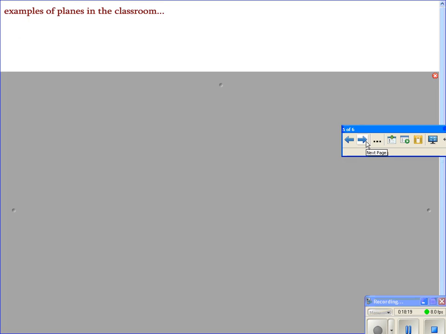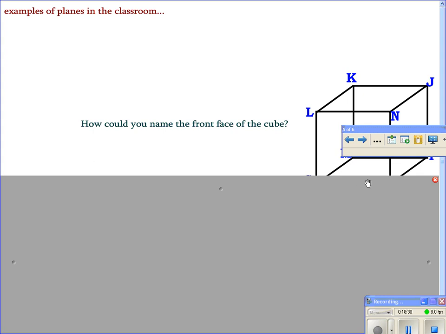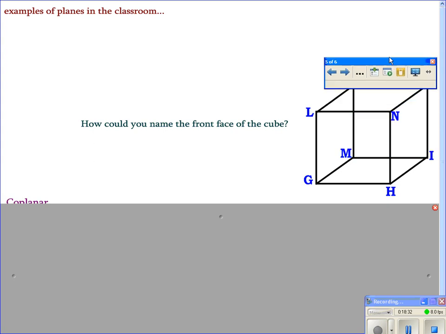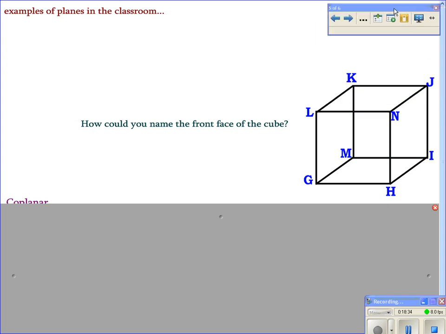All right, so we don't have to write this down either. Examples of planes in the classroom would be like the floor, the walls, the ceiling, the windows, the whiteboard. Anything that's flat would be a plane. So what I do want you to do is to draw this cube. And if you need help drawing the cube,